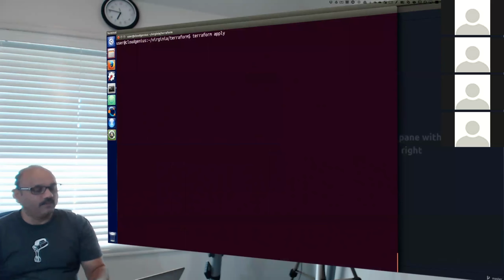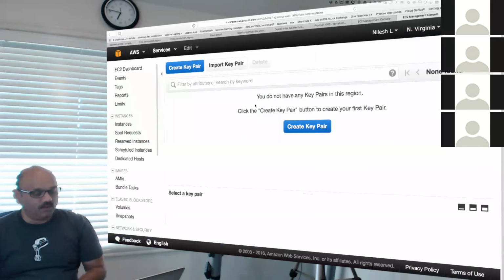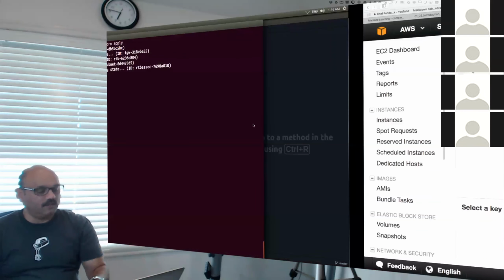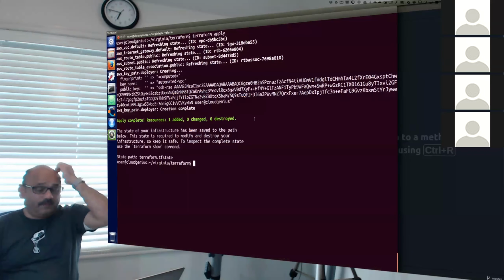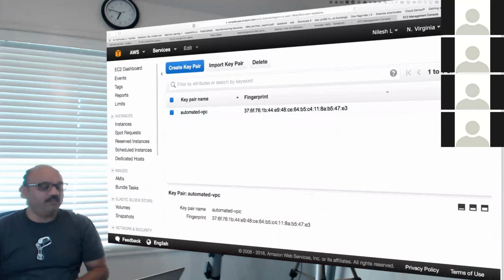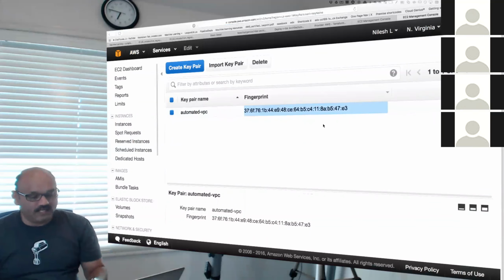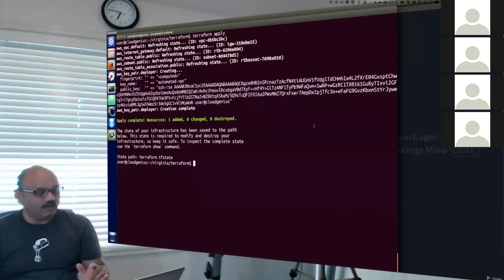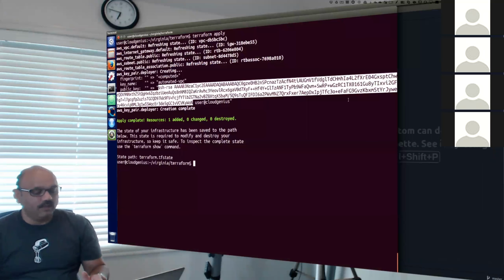Off it goes. So you should see a new key pair showing up here already as soon as I refresh. And there it is. Not yet, but it's still doing it. So yeah, it now should be there. I'll refresh and you should see a key called automated VPC, and the fingerprint matches my newly generated IDRSA. So now we have IDRSA taken care of. And so our plan has been executed and applied. One added, one resource called the key with this fingerprint added, and this public key included. This public key is my IDRSA.pub.